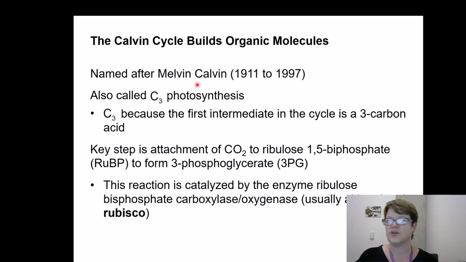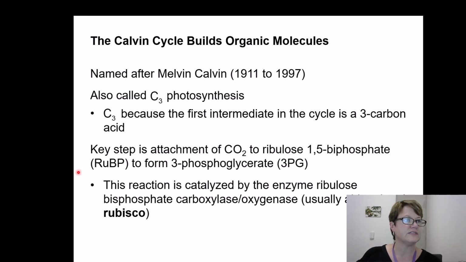I won't call it the dark reactions. That's pretty old-fashioned. If you have a professor that says that, then don't tell him I said that. All right, so sometimes it's called C3 photosynthesis, but like I said, we're going to go with Calvin cycle or